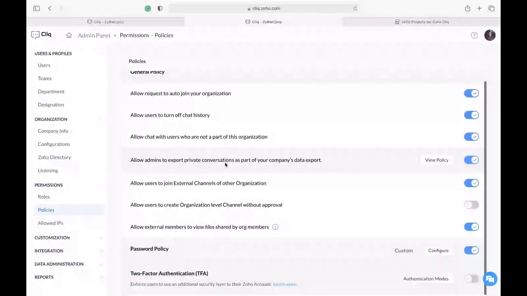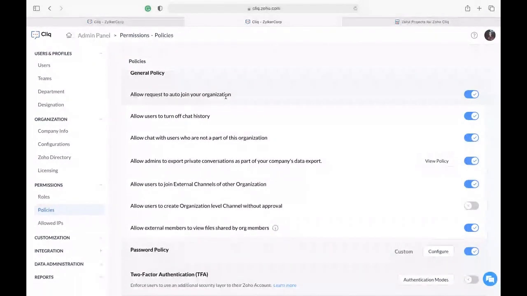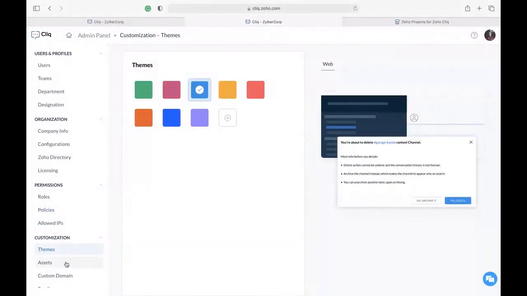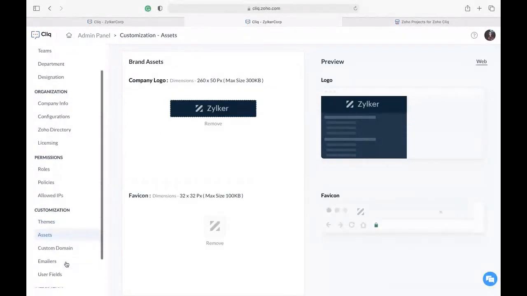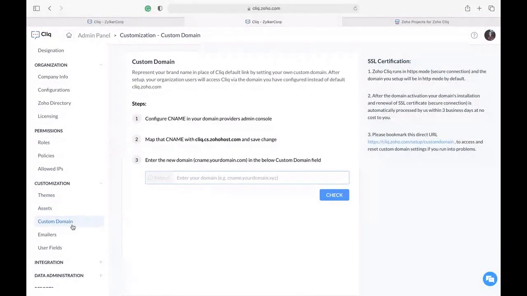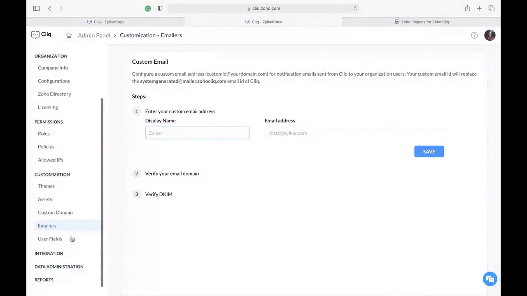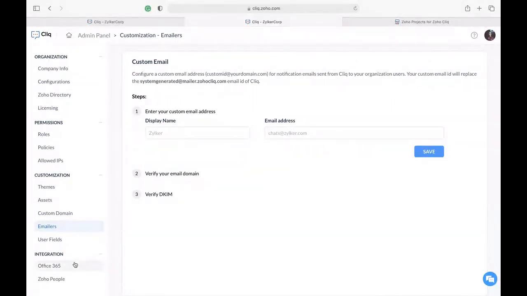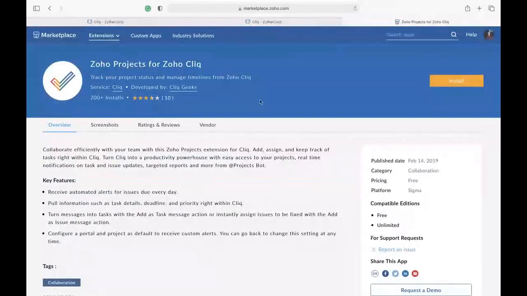Zoho Cliq comes with a predefined set of general policies, which helps me enable and disable them at any time, like it works for configuration. Then comes customization, where I can set themes for my organization, favicons, and company logo. I can configure a custom domain or custom emailers, and then we already saw varied integrations in the Zoho Cliq Marketplace, but